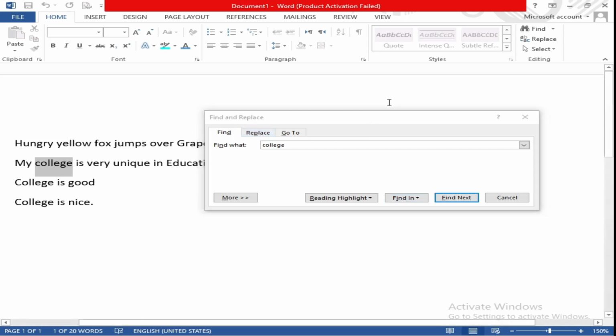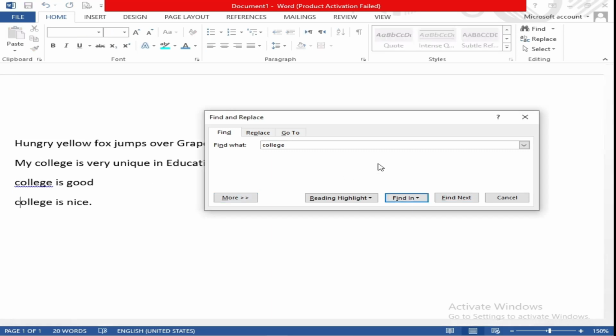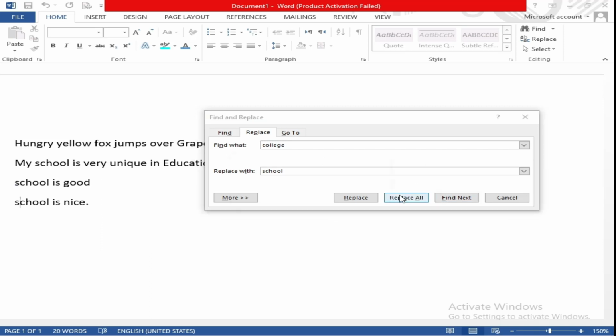If there is a difference in the writing of the words, it may not be selected, so all the words should have the same size or the same case. Now we are going to replace the word college with school, and we will click on replace all.